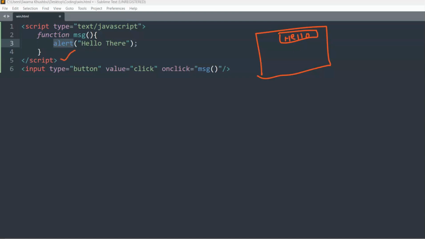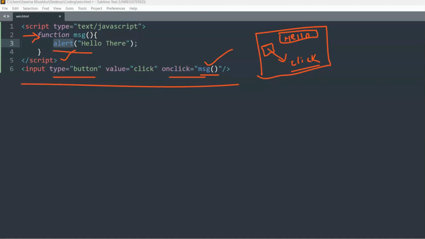Now how will it be displayed? After this particular script, I've just taken an input tag, and inside the input tag the type is button. That means there will be a button here in your browser. When you see the output, the value of this button would be written inside the box. It will be written as click. So whenever a user who comes on your website clicks on this particular button, onclick, the value written is the MSG function. It's calling the MSG function. That means this function will be called, so when it is clicked, it will go inside this function and display the alert message